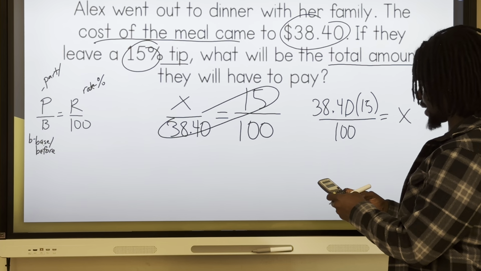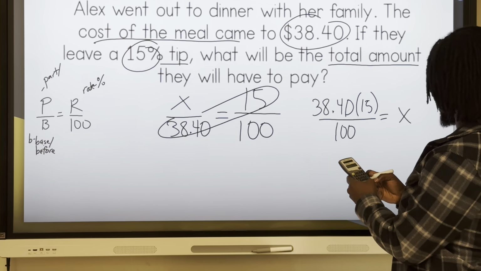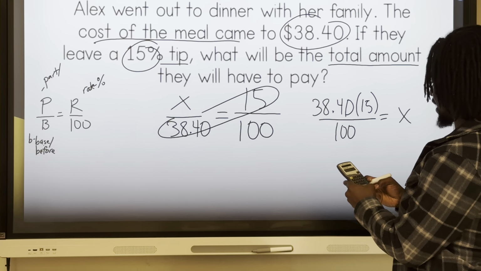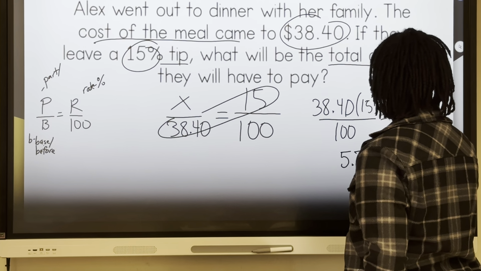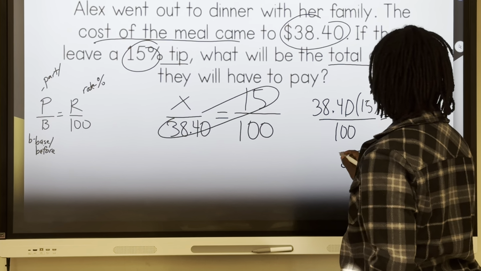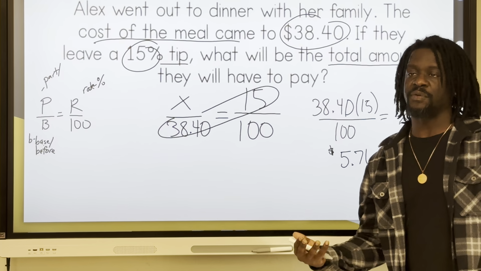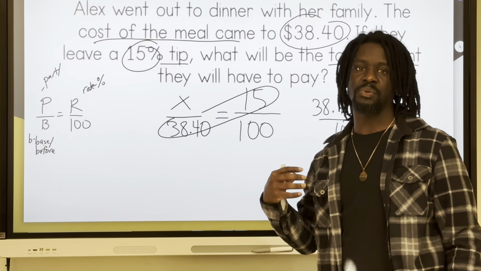So I do 38.40 times 15, divide that by 100, and I end up with $5.76. Okay, and so in order to figure out how much the total is, again, that word tip is, I